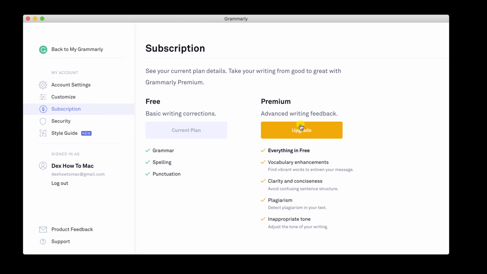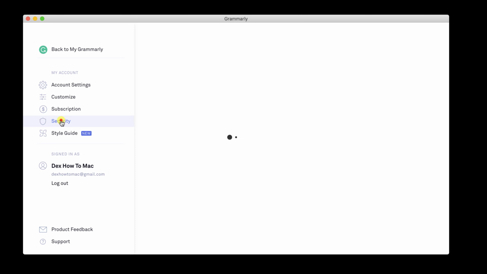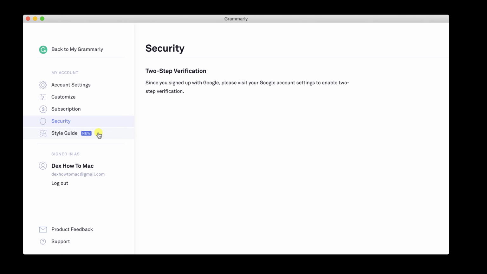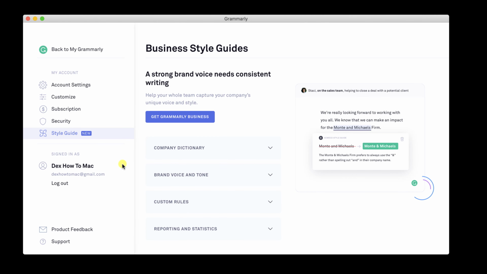This will give you some new options that would help you write better. I would suggest that you use the free plan and if you like the service to upgrade to a premium one. On security, because we have logged with Google, we will not have the two-factor authentication. You could enable this if you created an account with your email. On Style Guide, you can get Grammarly for your business.